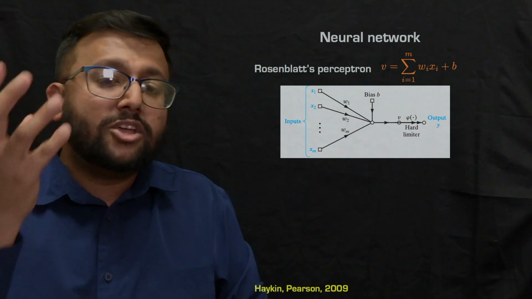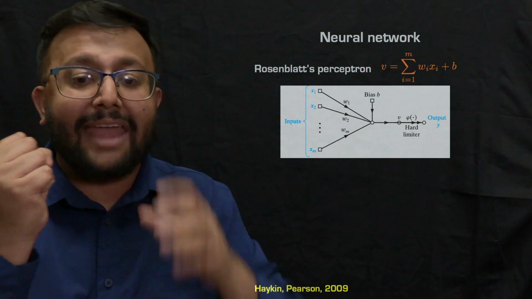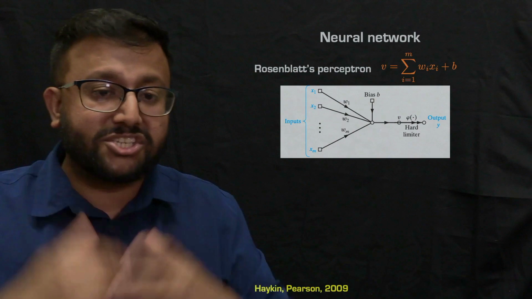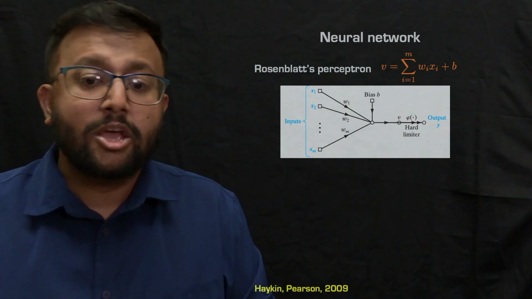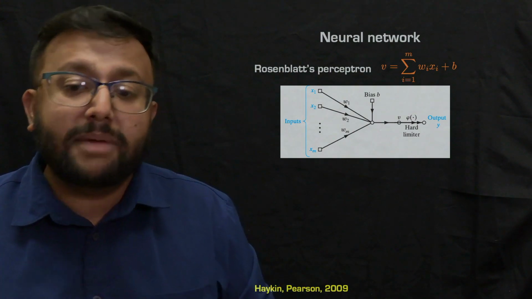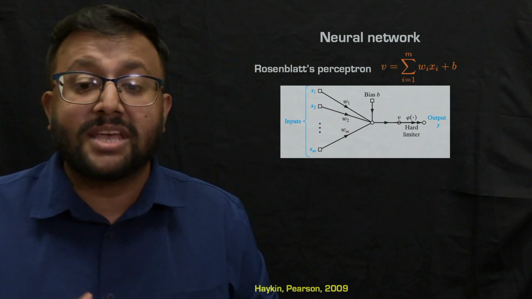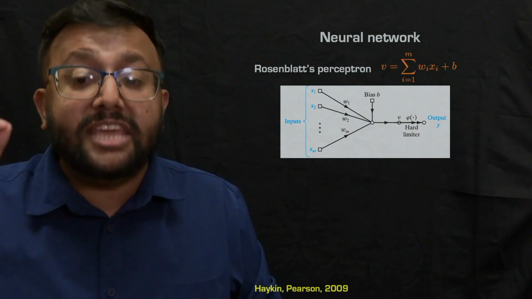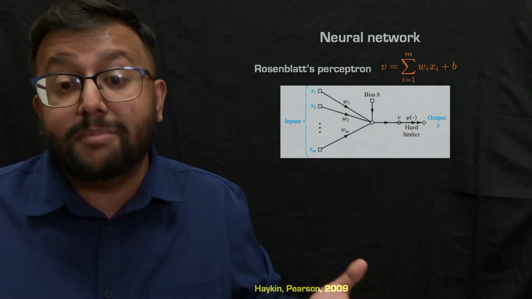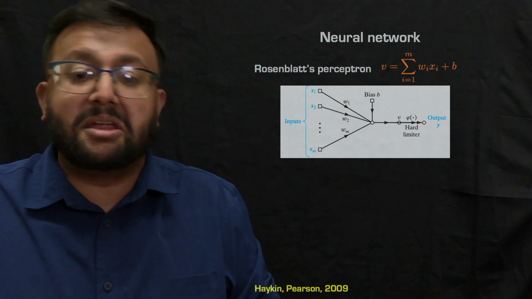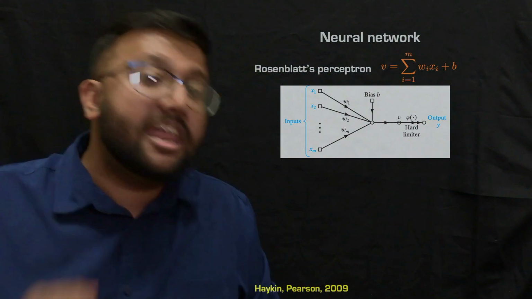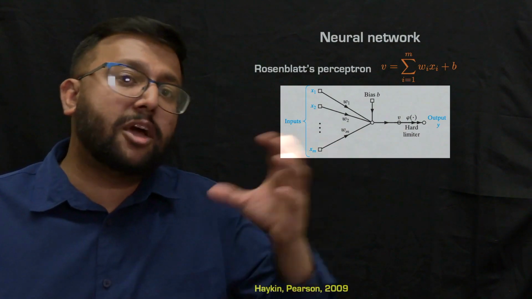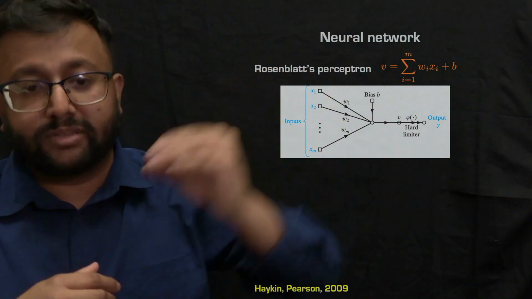Now, what you can do is you can take this induced local field and apply what is called a hard limiter to it, which is denoted by the symbol phi. Okay, so what happens with this hard limiter is the neuron produces an output equal to +1 if the input to the hard limiter is positive, and the output is -1 if the input to this hard limiter is negative. Okay, so you can think of it as any negative variable that gets summed up.